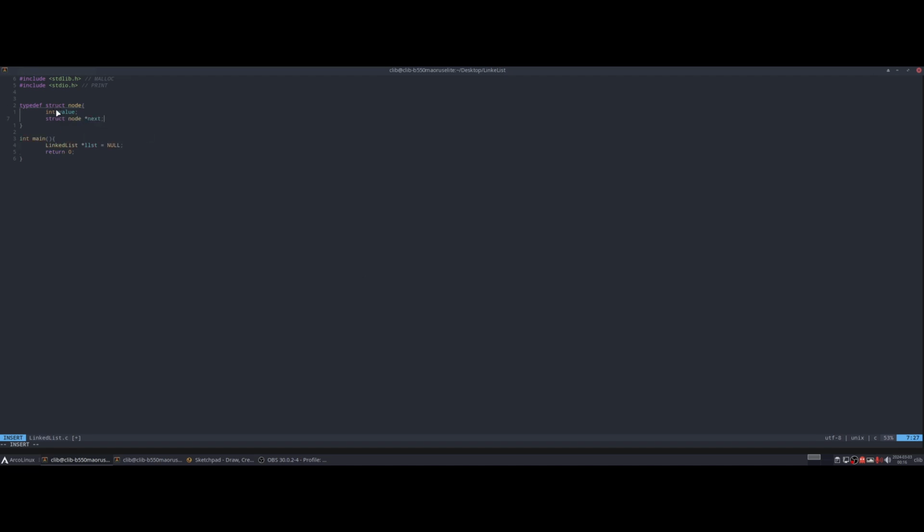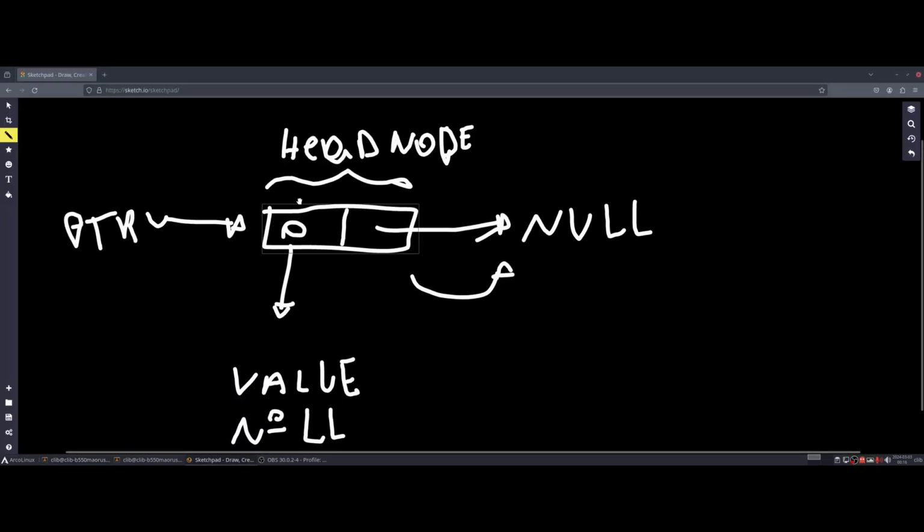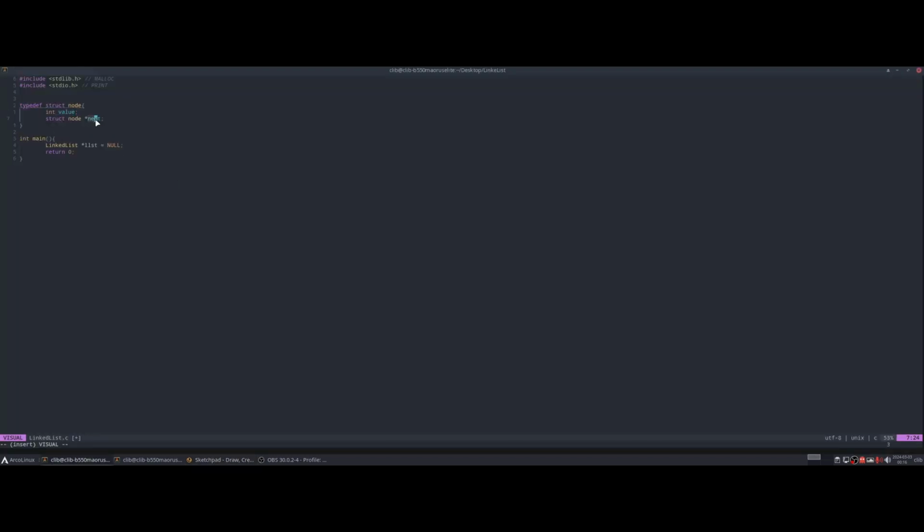So what we have here is an integer value. So this represents the first value, and we need a pointer to the next node. So that's what we're having here, our pointer called next that points to a node. So we're pointing to the next node, okay? And first thing we have to do is initiate the linked list. So it's passing our linked list, and let's create our function init linked list